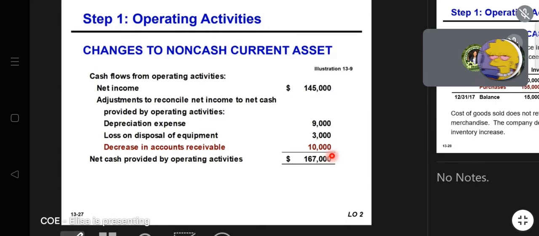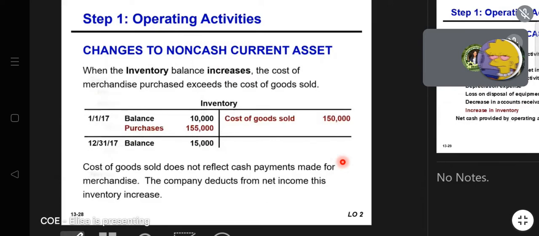So, actually, let's analyze. When there is a decrease in accounts receivable, it means there is an increase in our cash. Okay? What confuses us is that it is a decrease, but we add it. Yeah. Next is